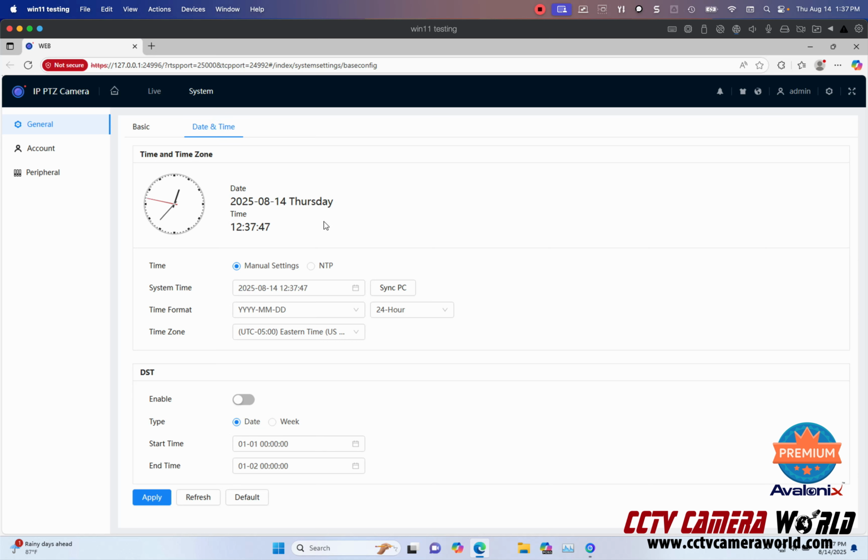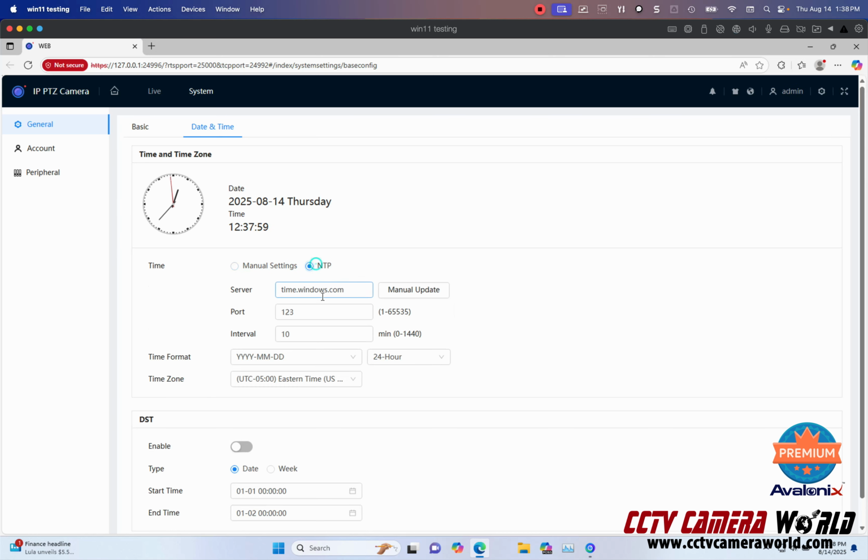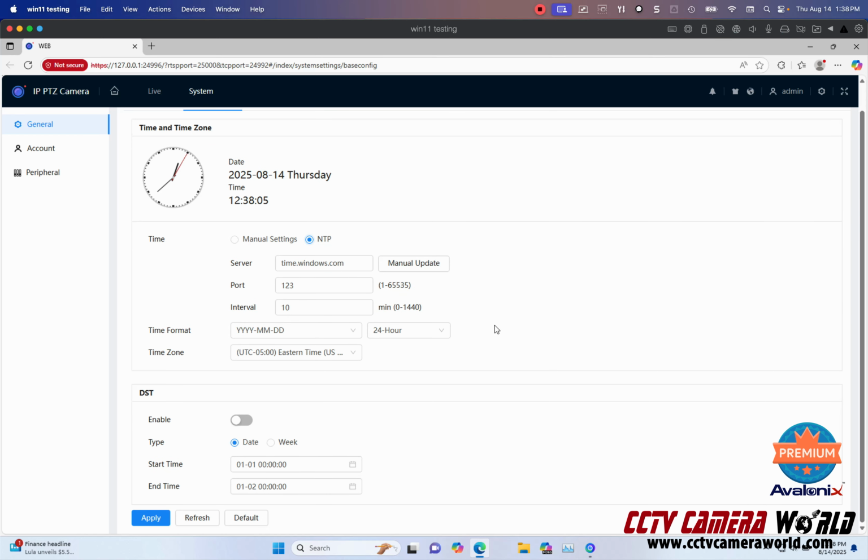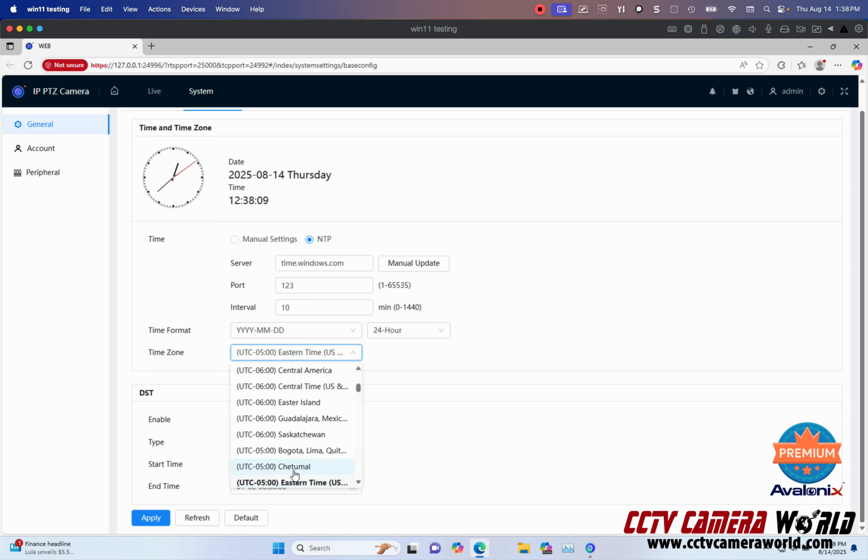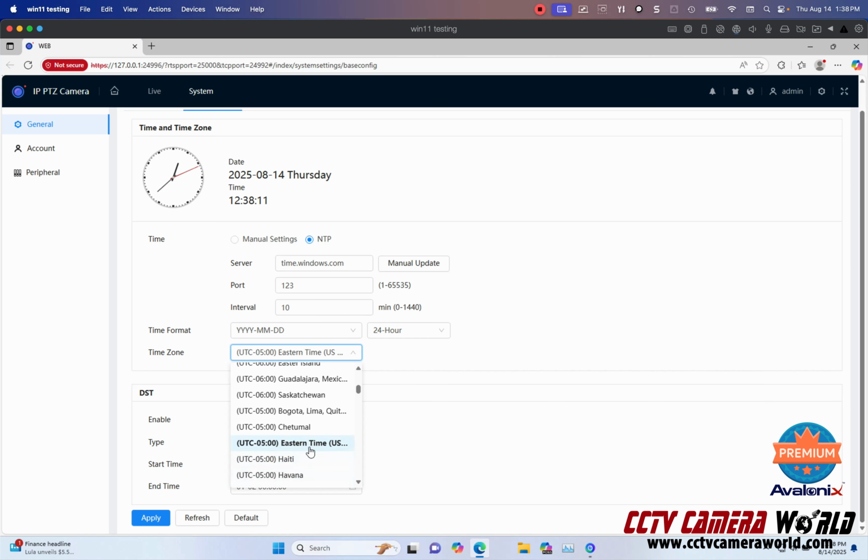And right now this camera is Eastern Standard. The correct time is actually 1:37 p.m., but for some reason it's not following the correct time. So what I'm going to do is, since this camera is connected to the internet, I'm going to switch it to NTP, which is a network time protocol to keep time correct. So I'm going to switch it to that. Make sure it's selected. In your case, if it's not Eastern Standard Time, select the correct time zone, and then